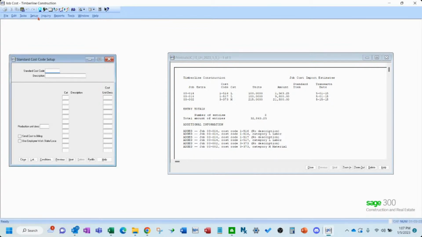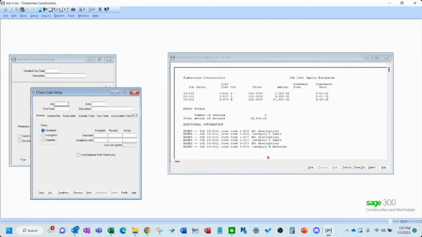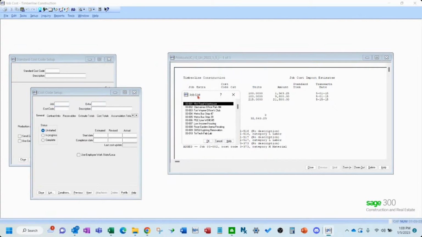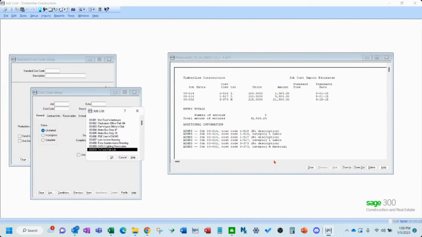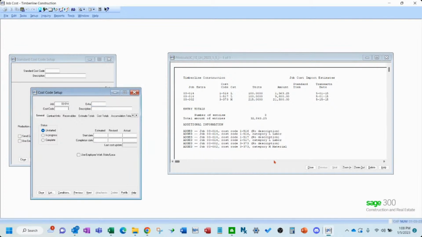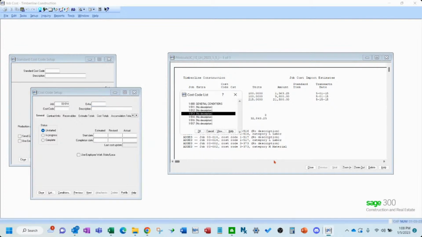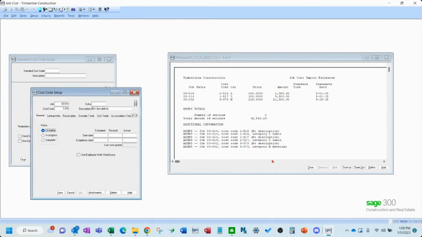So what has happened is in the cost codes for that specific job, which is 03014, it created a blank description line there. Okay, so you can come in here and edit the descriptions if you'd like.